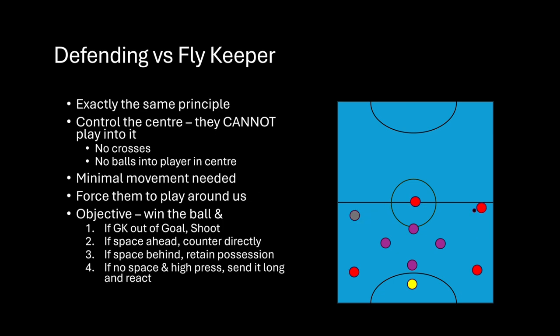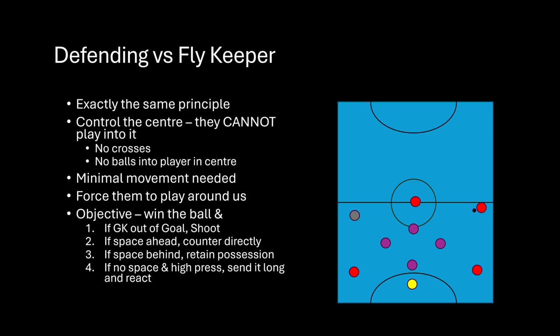If they bring out a fly keeper, we did see this against Bristol, it is exactly the same principle. They will have 5, it is slightly harder, but again the objective is to get them to play the ball around this U shape at the back, and if the ball goes into these wider players in the corners, they cannot cross the ball. But fundamentally, our 4 players control the centre, we don't allow any balls into the middle, force them to play round, and if we win the ball back,